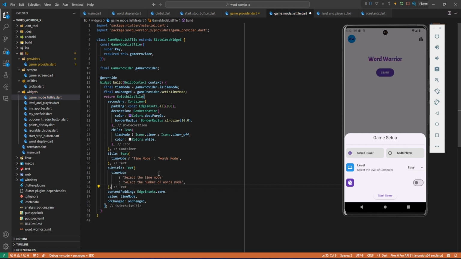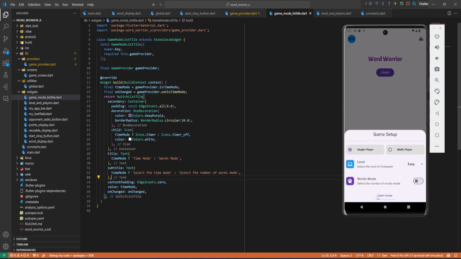So the way it is like this, let's hot reload. We can see that we have that. If we click here, we have time mode. Select the time mode, select the number of words. Okay,